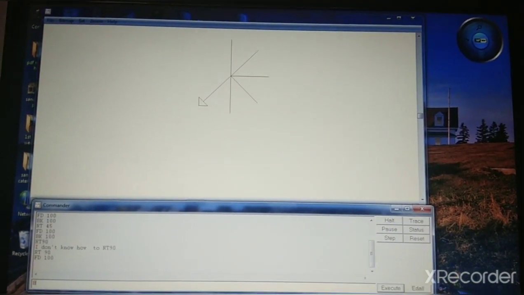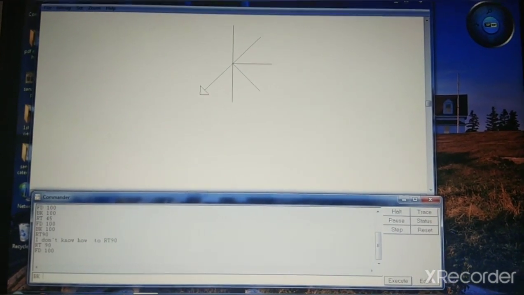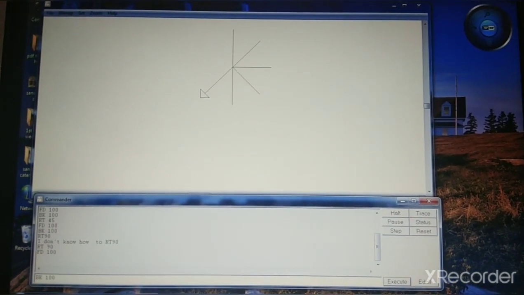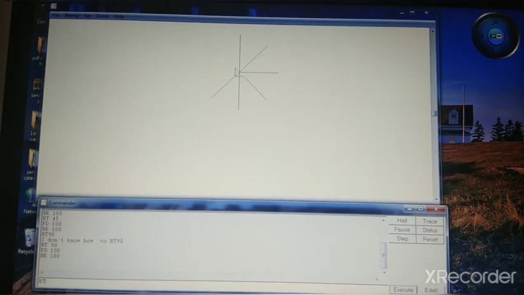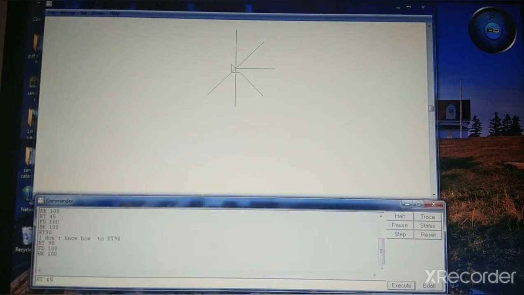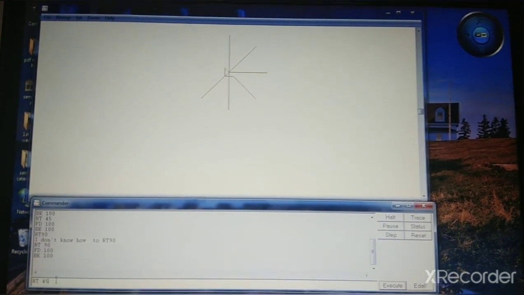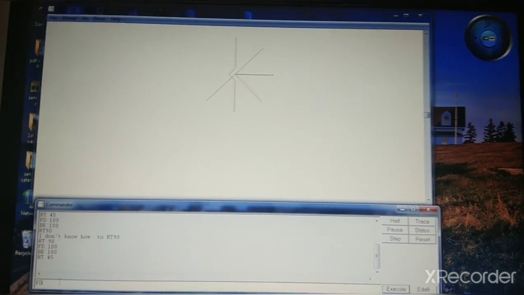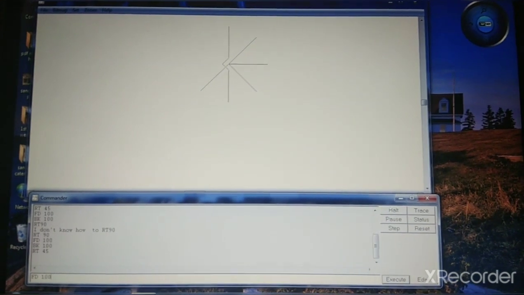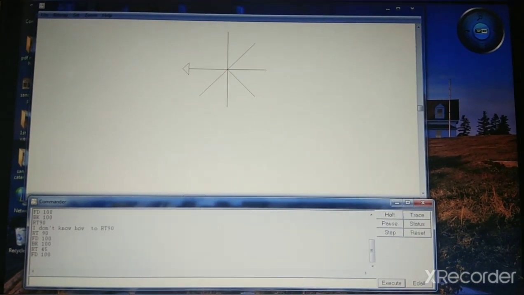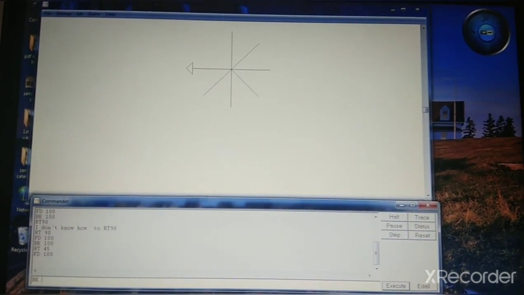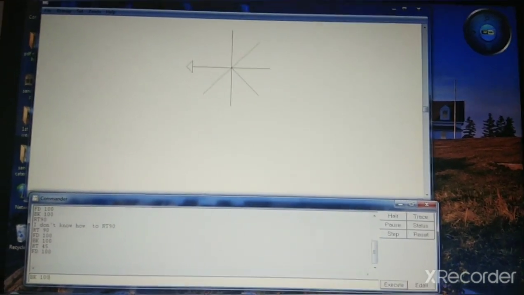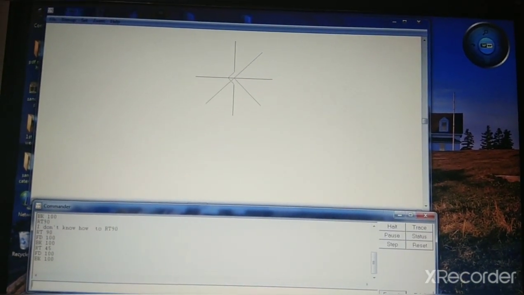Okay, again take the turtle back, BK 100. Again take RT 45, not 90, 45 and give enter command. Okay, again FD space 100. Again take the turtle back, BK space 100 and give enter key.